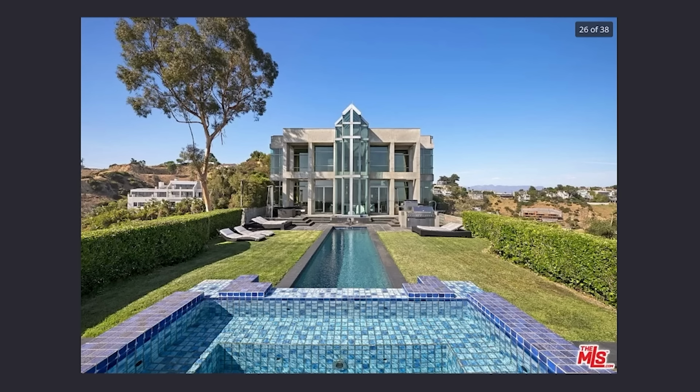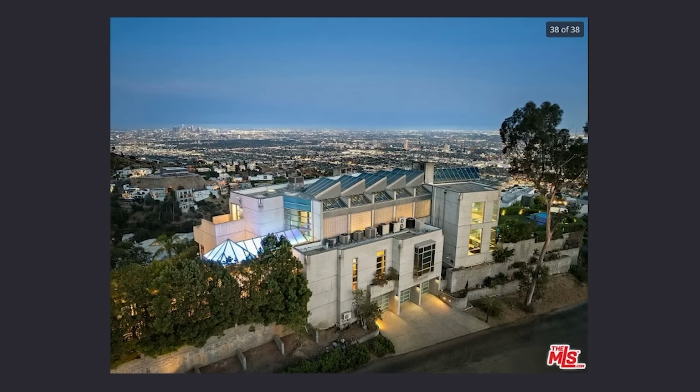Any movie at all. Do you recognize this pool? Do you recognize the front street side facade of the house at all from any movie? Any movie at all? Marty Wolf Pictures,